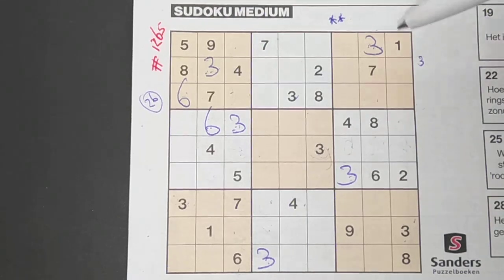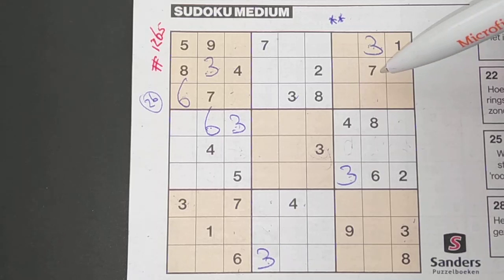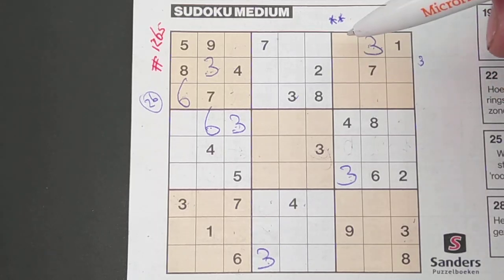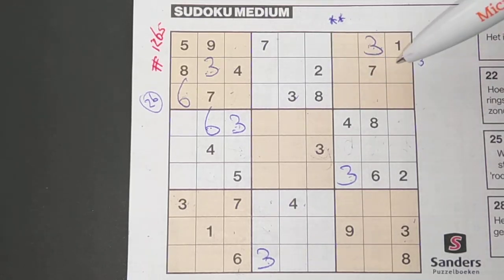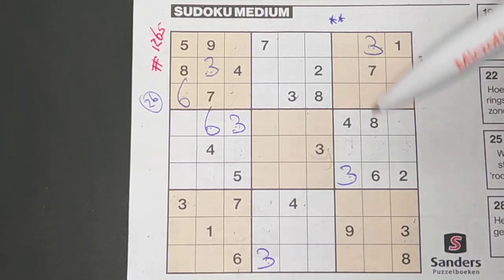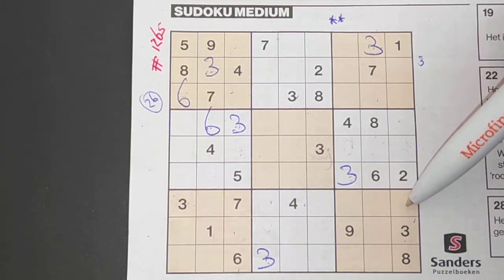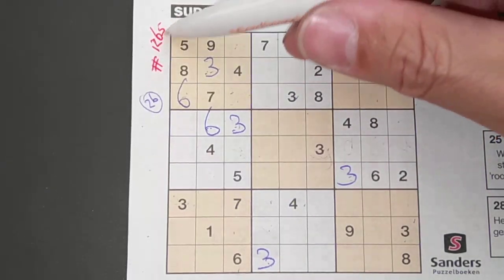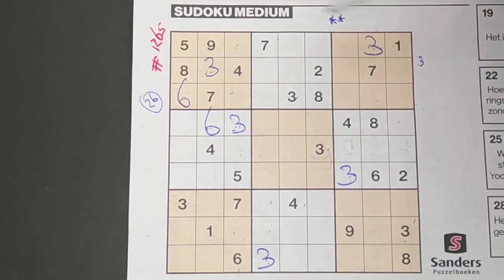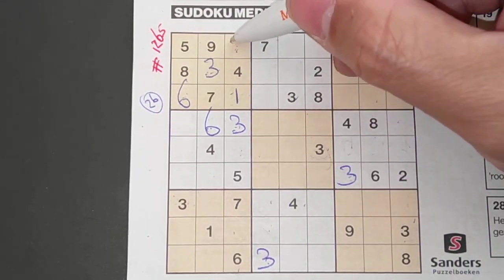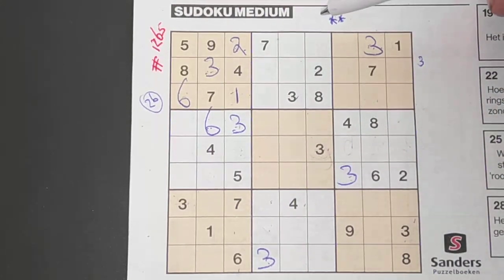And then in this big square, wait. No. Let me see. 2 numbers left in this big square. The numbers 1 and 2 are missing. We see here 1, no 1 there. 1 should be here, and the 2 goes there. Then